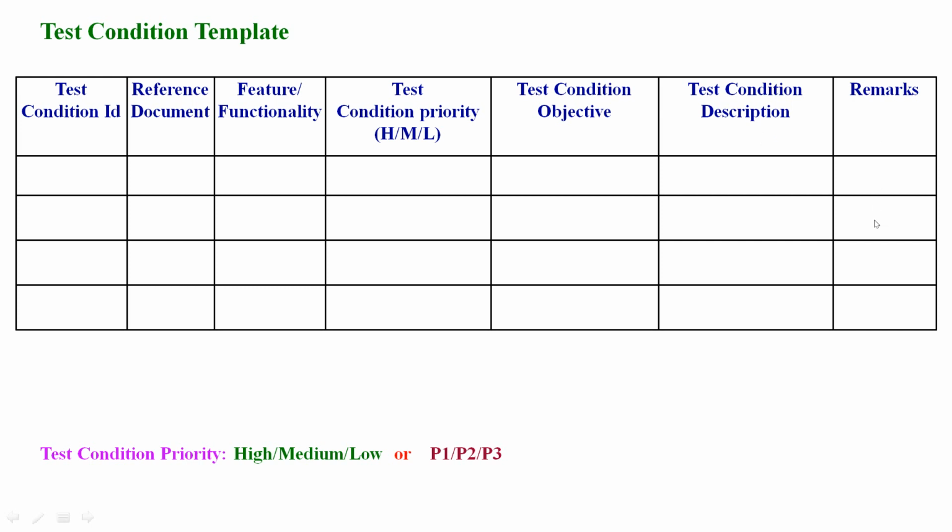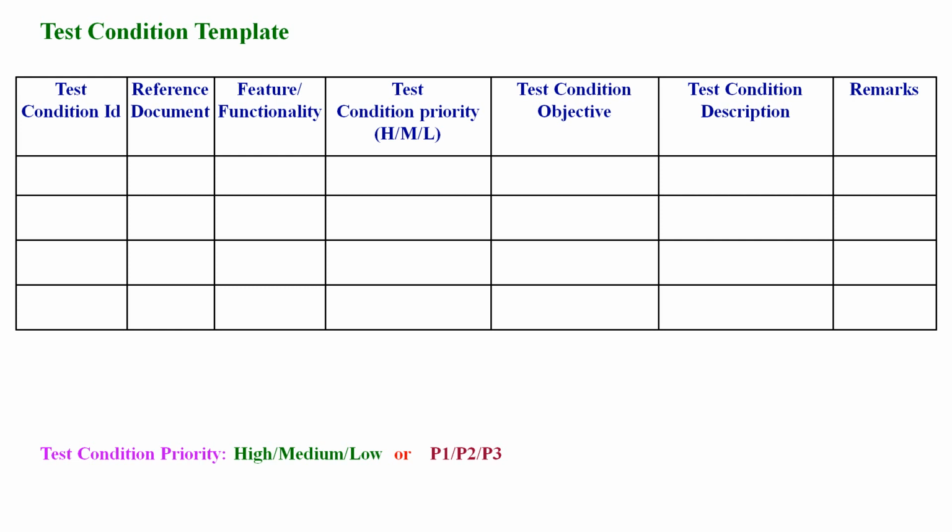This is the test condition template. I repeat, in an interview, if the interview panel members ask you about the test condition template, simply you have to explain this template. Different companies will use different test condition templates. Again, within the same company, there will be some hundreds of projects. For each and every project, there will be test managers. Again, within the same company, different test managers will use different test condition templates. This is the ideal one. You explain this template in the interview, right?